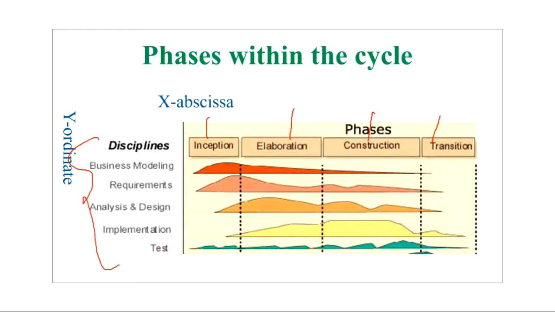So in the unified process model, there are basically four or five phases, depending on what kind of software you are creating. But the important four phases are inception, elaboration, construction, and transition. In the inception phase there is planning and user requirement analysis. This means the user will meet the project manager, they will discuss the user requirements, and all the requirements will be taken by the project manager in the form of SRS documentation.